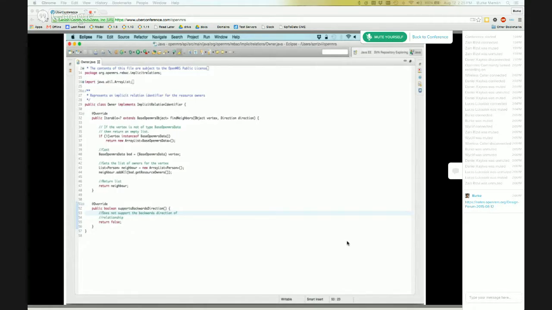If it's not an instance of base OpenMRS data, then we just return an empty list. However, if it is an instance of base OpenMRS data, we invoke the getResourceOwners method and get the list of owners that belong to that object, and then we just return those. So this allows us to find a relationship based on the state of the system that didn't have to be explicitly declared.